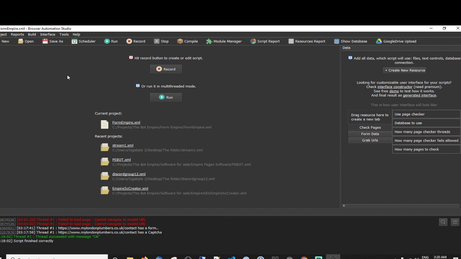I would also, if you're doing this with BAS, have a different fingerprint recorded for each one of your accounts. You could start a database, and for each entry have the account username, password, and record a different fingerprint for that account, and then you'd be good to go. I think that would be it. Also, most sites can't really ban 4G proxies, because you might be using that IP address for 1 minute, and then someone's grandma down the street might be using the same IP 10 minutes later to check her emails or Facebook. By banning that IP, they'd be banning a lot of users. So normally you're really safe.